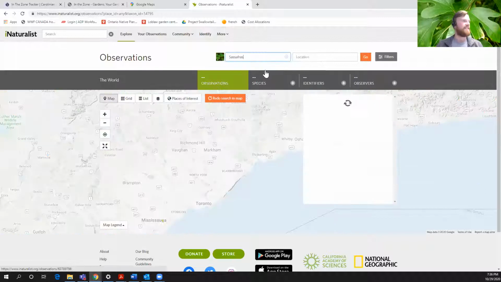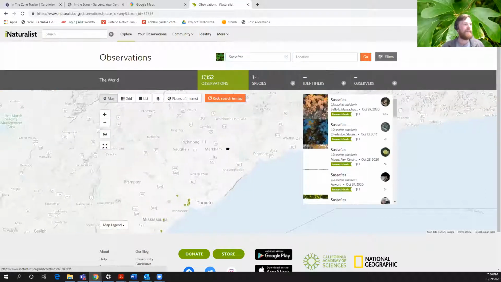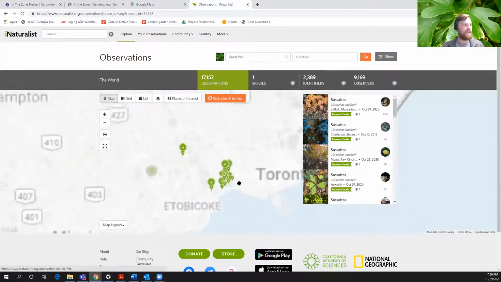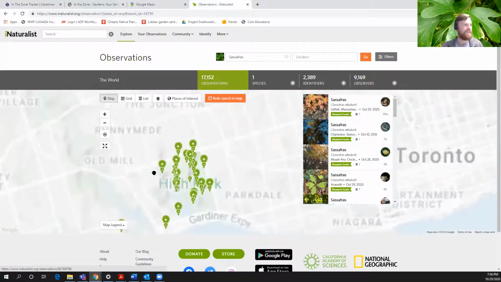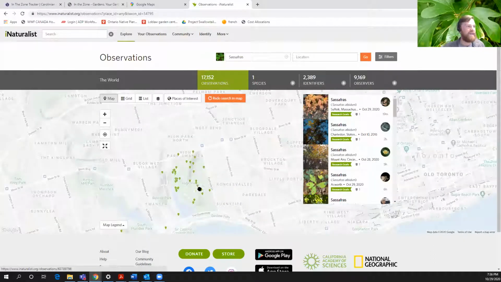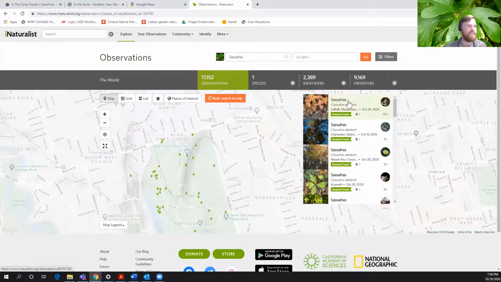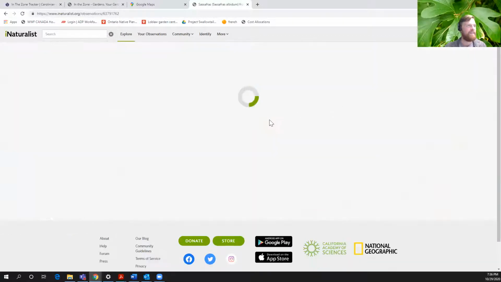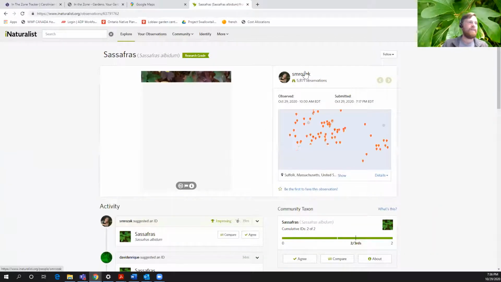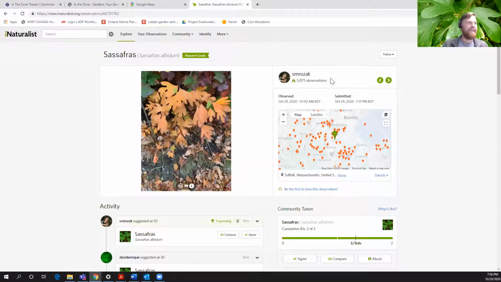Not that many people have actually observed sassafras, and most of them in our project area have been observed right here in High Park. Let's take a look at one of those. So this person, this is their name, this is their photo. You can learn some more about them.